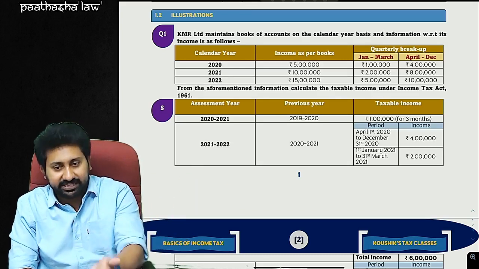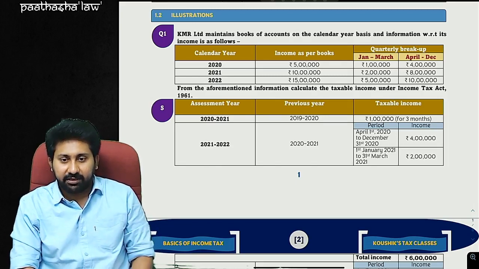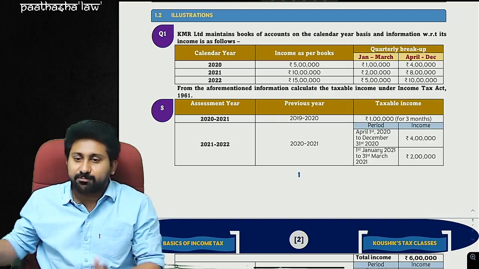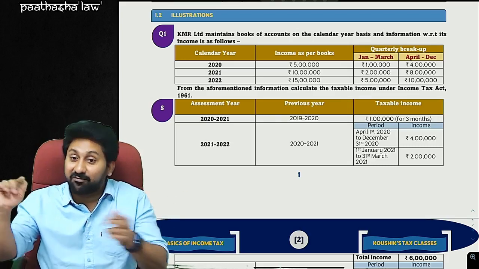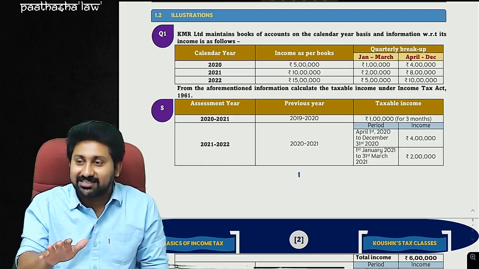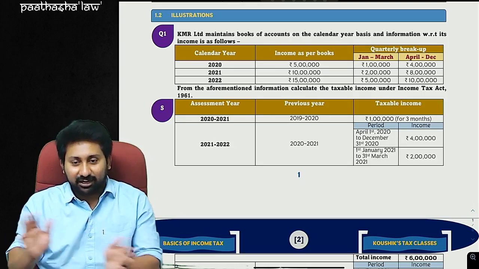Some I take from ICAI. Some I take from Vinod Gupta sir. Some I will be taking from Ahuja sir. Some I have taken from Singhania sir. Various books. And it's none of our business from where these problems have been extracted, from where I looted all these. That's none of your business. So mainly our focus is to understand. So let us focus properly.